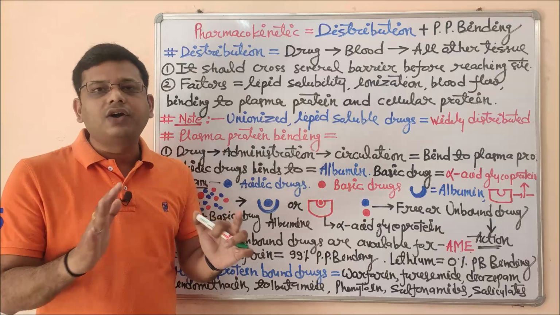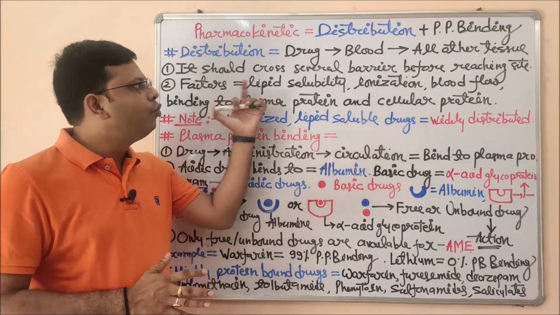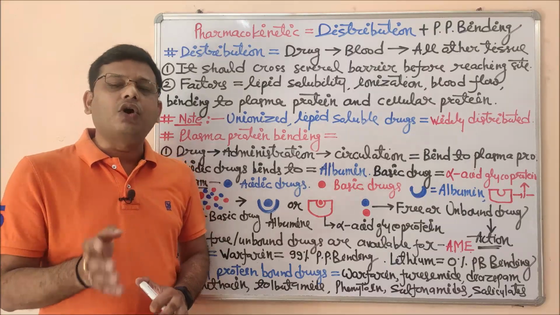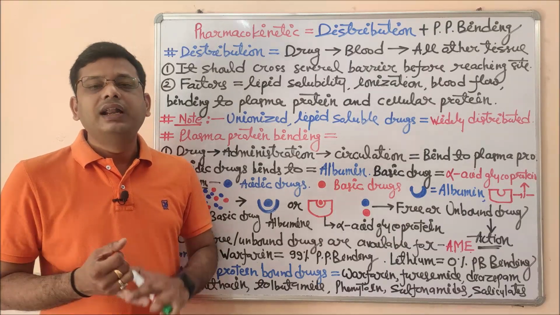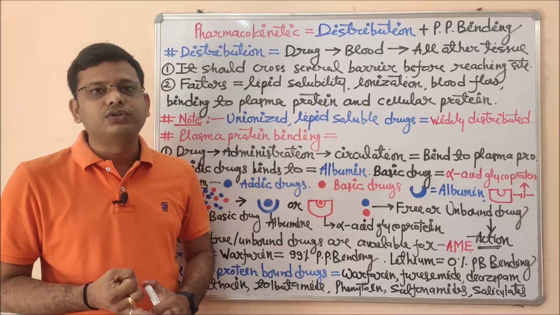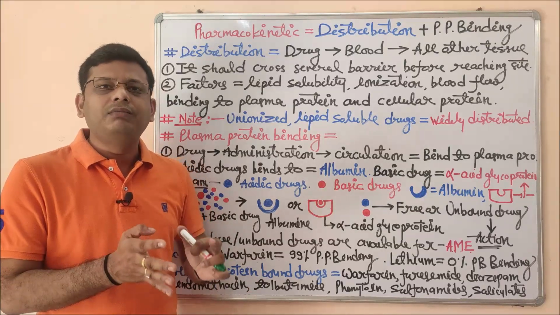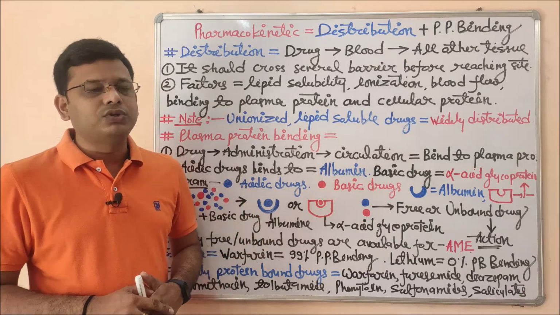Water soluble drug cannot cross the blood-brain barrier. The movement process of drug from the site of absorption to the distribution site is almost the same as in absorption, like passive diffusion, endocytosis, or cell mediated transport, or all other parameters which are equal to the absorption parameter.